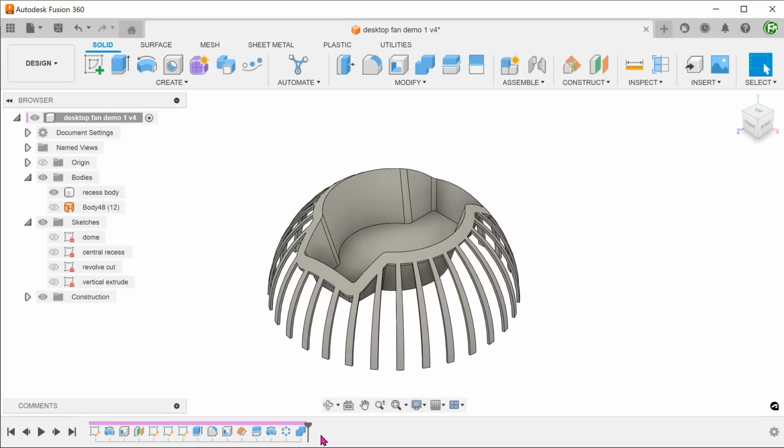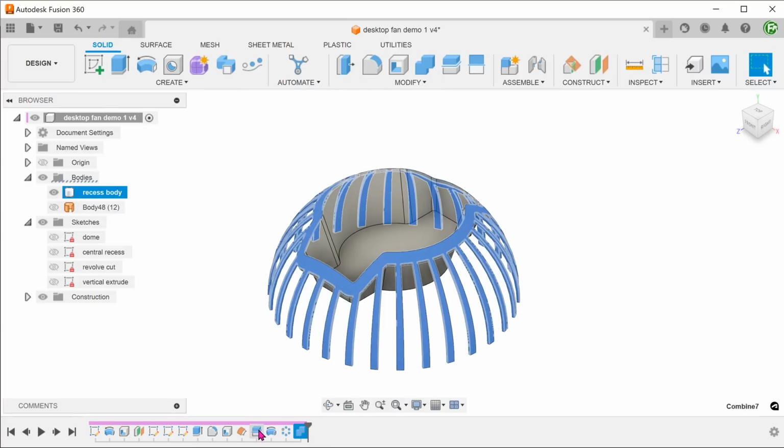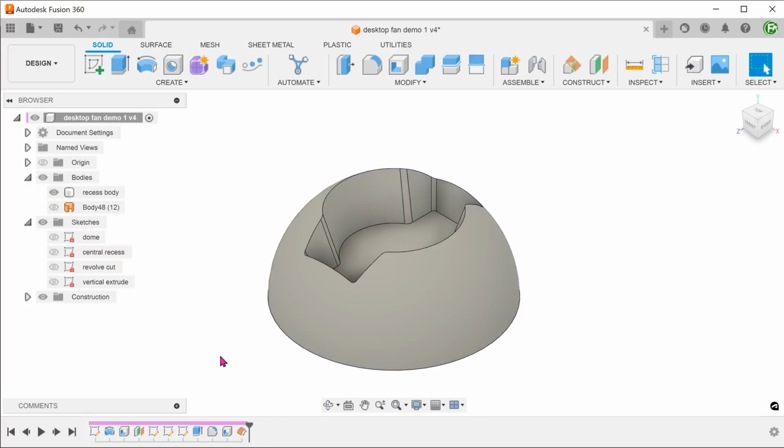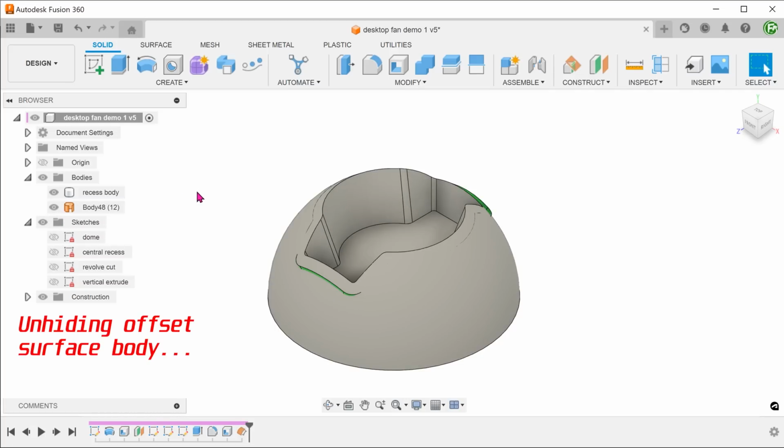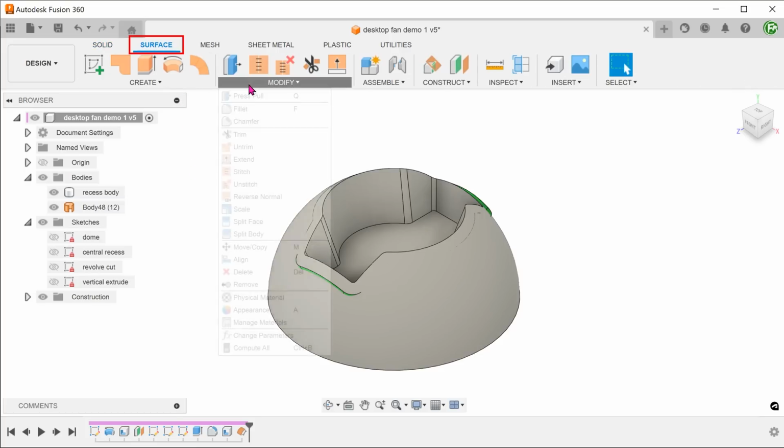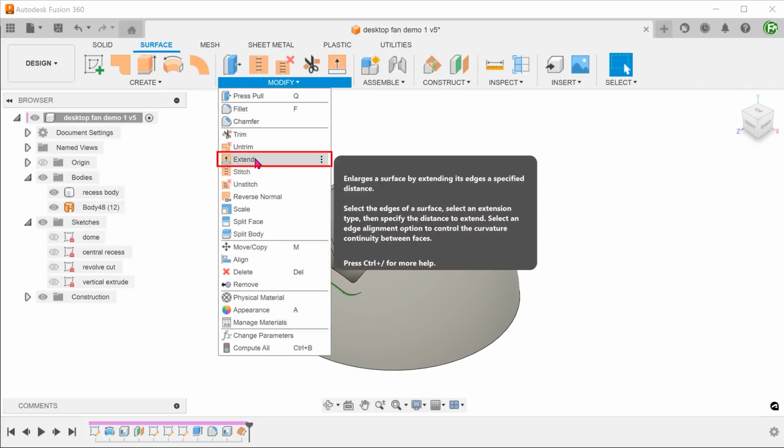Let's go back to the point just after we created the offset face. I will be building a surface body which will serve as a termination face for the extrude. In this workflow, I will be extruding vertically instead. To make the surface body easier to work with, we need to extend it. Activate the Surface tab. Go to Modify, Extend.